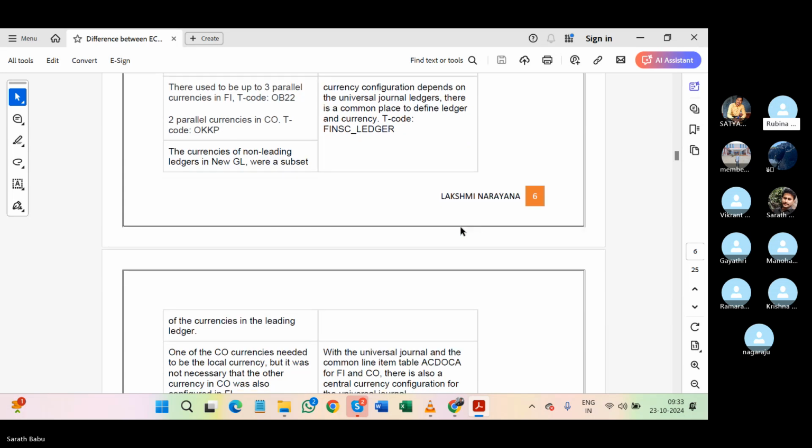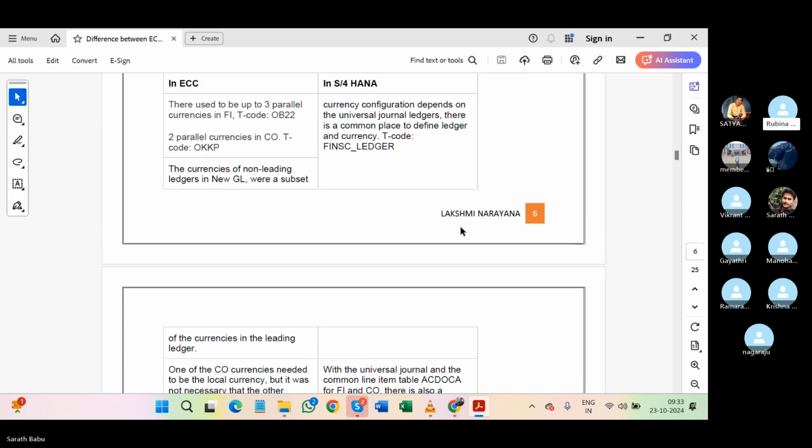But coming to the parallel currencies in CO, the OKKP T code had to be used in controlling in ECC before, but there is no need to use those OB22 or OKKP T codes in S4HANA. Simply we can do the currencies and ledger setup in FINSC underscore ledger setup. That's it. And then